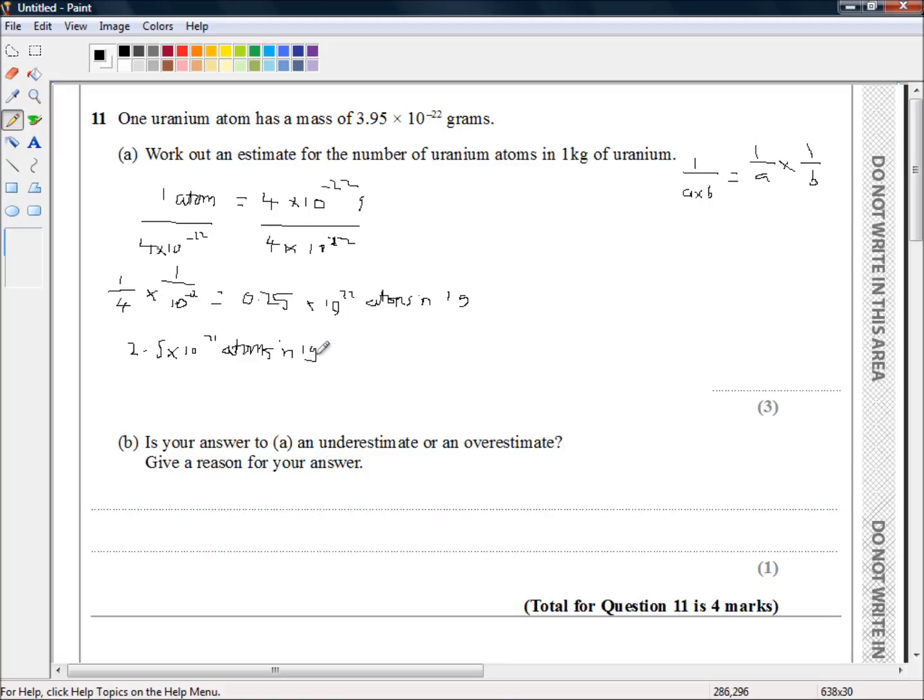So we've got the number of atoms in 1 gram. All we need now is to get the number of atoms in 1 kilogram, and there are 1,000 grams in 1 kilogram. So if we're going to multiply this 1 gram by 1,000, we've got to multiply this number by 1,000. And to multiply a number in standard form by 1,000, we just add 3 to the exponent. So there are 2.5 times 10 to the power 24